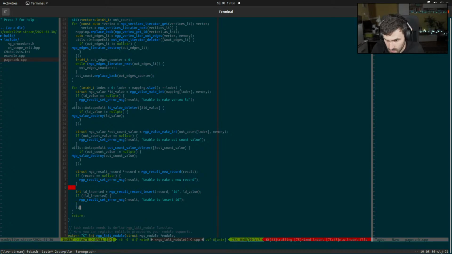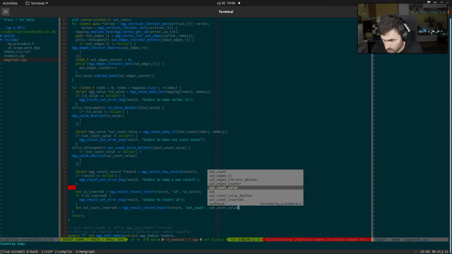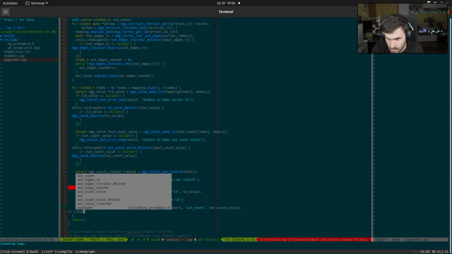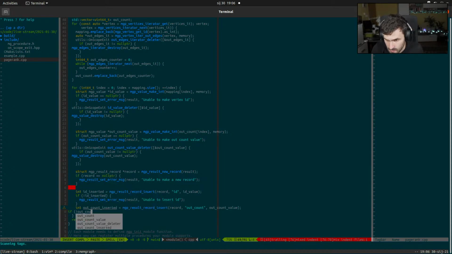And the same for out count value. Out count value inserted, then